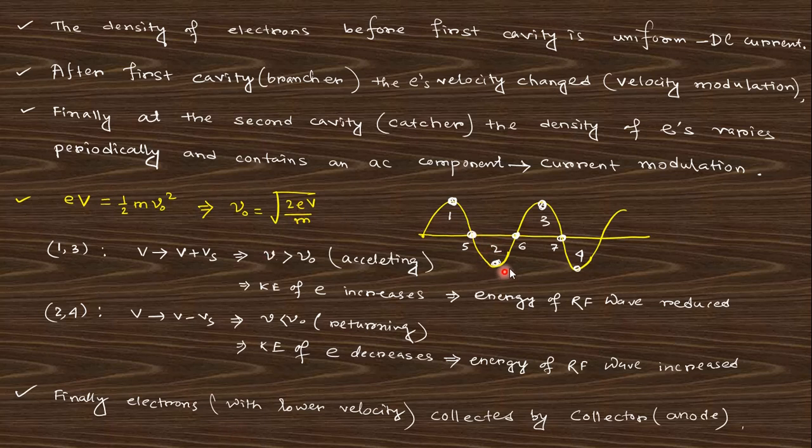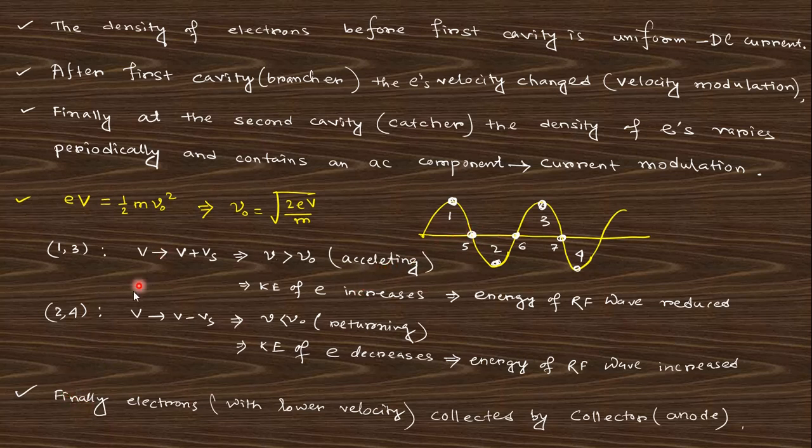So when this electron interacts with the RF power at that phase, at that situation, then it is beneficial for increasing the amplification, or you can say we want to amplify the RF power, and that will be satisfied.